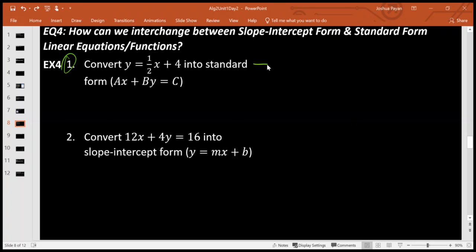So all we're really going to want to do, let's go ahead and rewrite so I can work with this over here separately. All we really want to do is understand that a, b, and c are integers. They're whole numbers, okay? So for example, this fraction right here representing my slope, m, is unacceptable. I need that to be a whole number, an integer, right? And I can easily do that